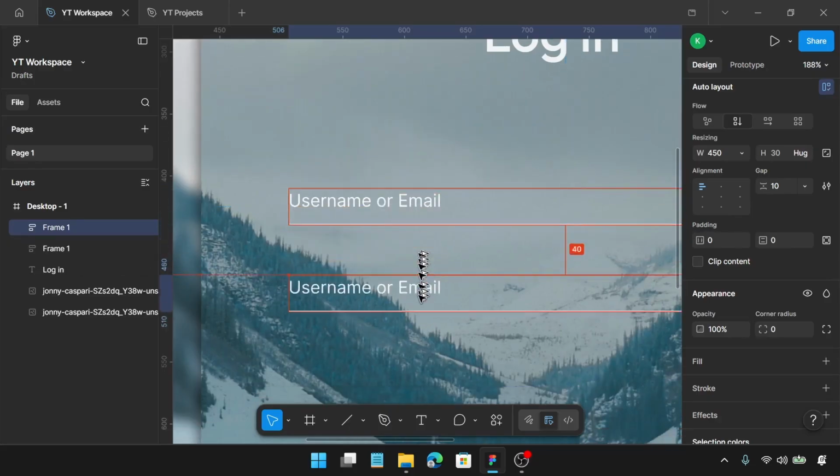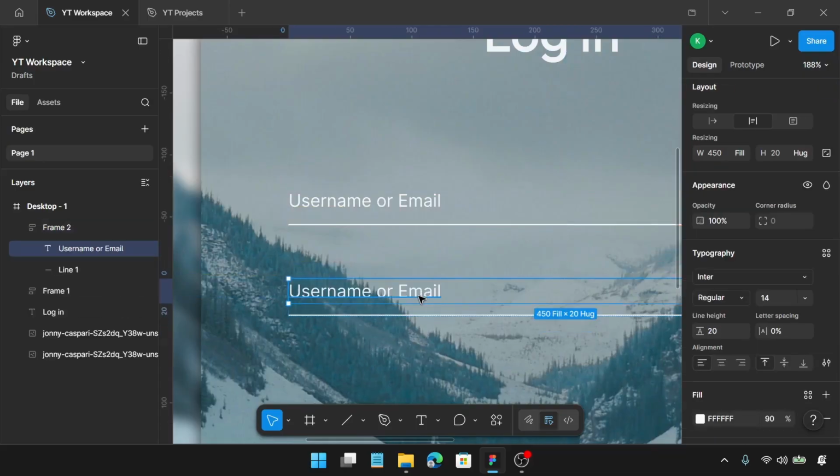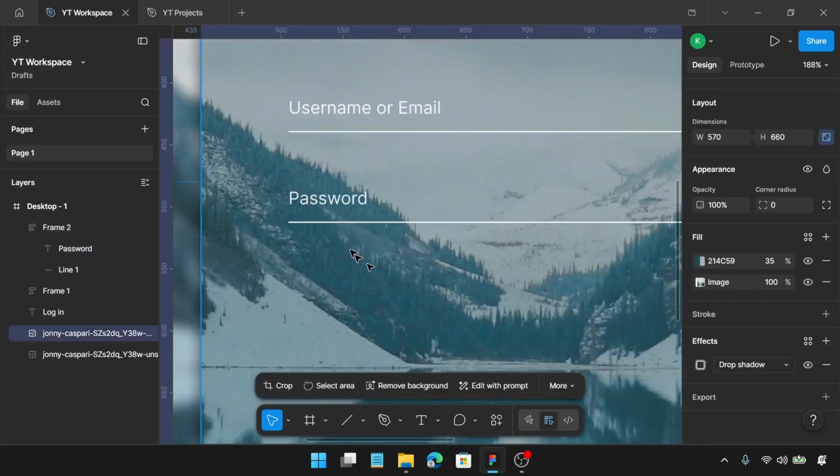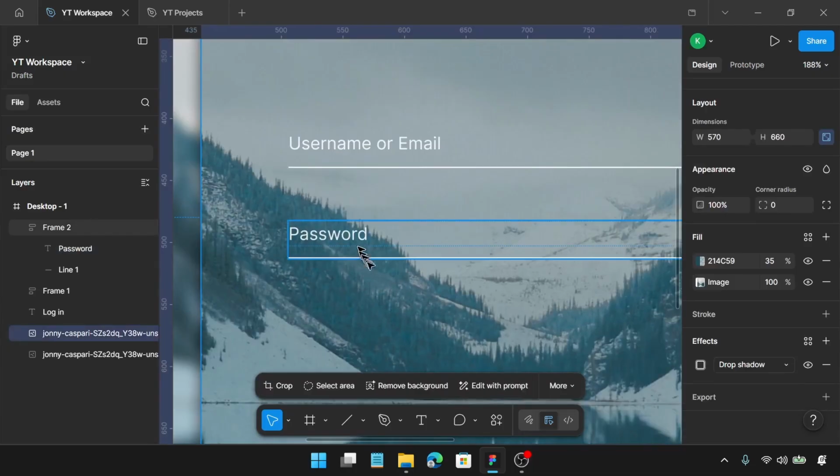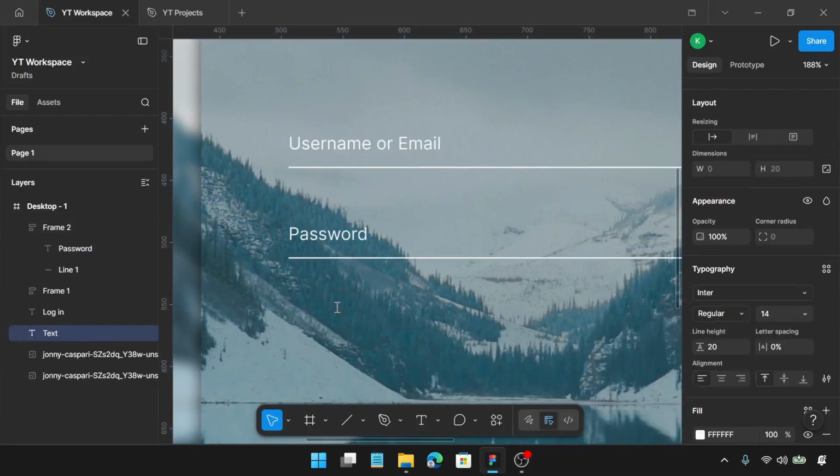I'm going to create a copy of this. This one, the text, we're going to change the text to password. And I'm going to need another text box. So I'm just going to click on T, and then I'm going to write remember me,